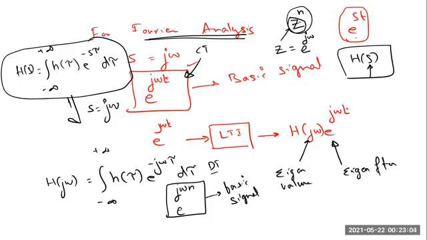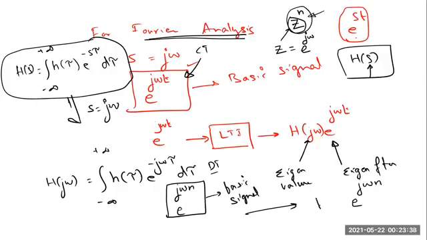So whatever properties were mentioned for this signal, we use this, we proved this thing that z raised to power n, which is a complex exponential signal, is the eigenfunction of an LTI system. Now e raised to power j omega n is also a complex exponential signal. So this is also going to be the eigenfunction of an LTI system. So if you apply this signal as input, what is going to be the output? Output is going to be the same signal